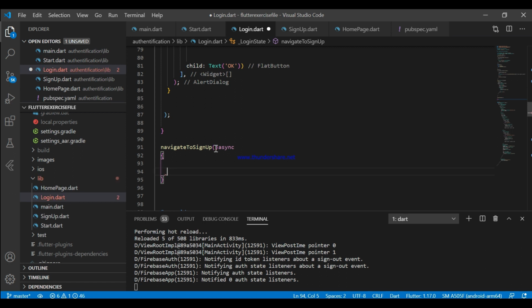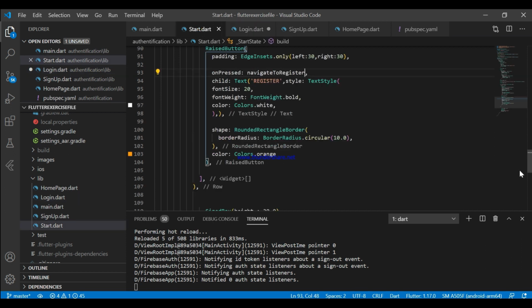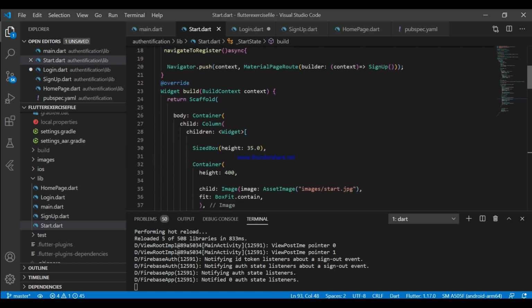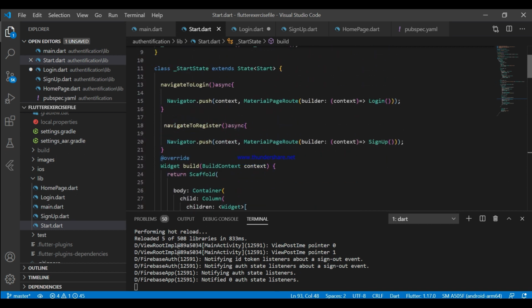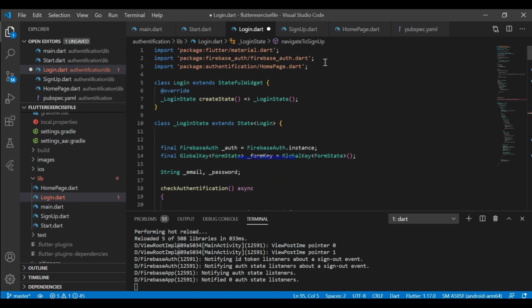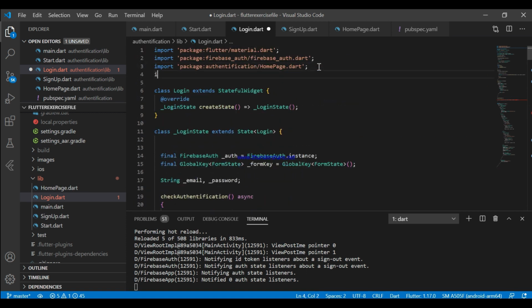So this is the last part of this video. I'm again using the navigator, so I'm just copy pasting. We have already created this. Just copy and paste. Now it's time to test.